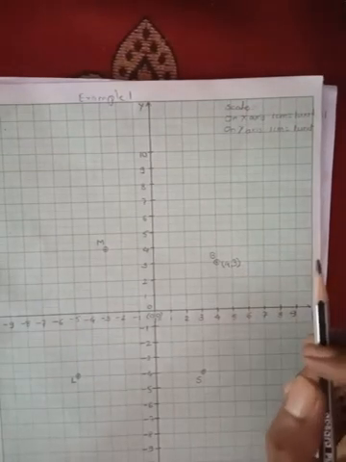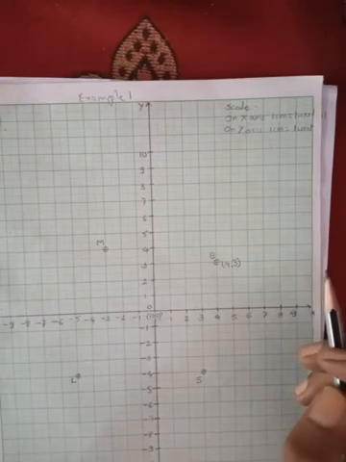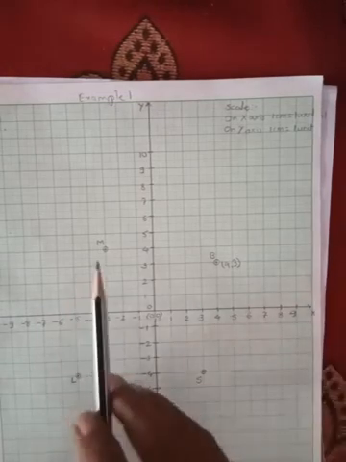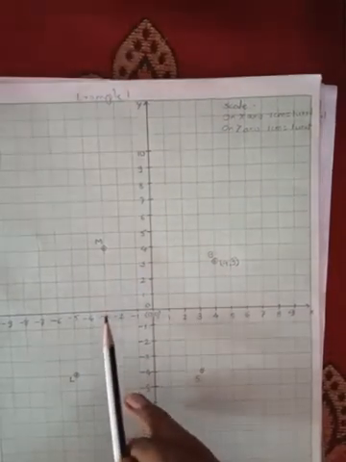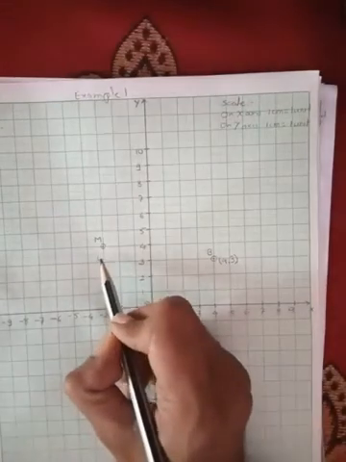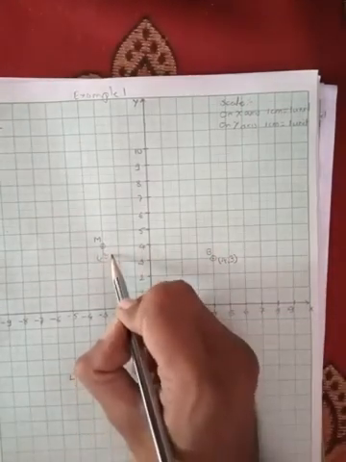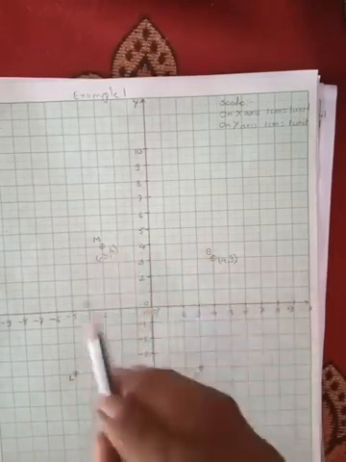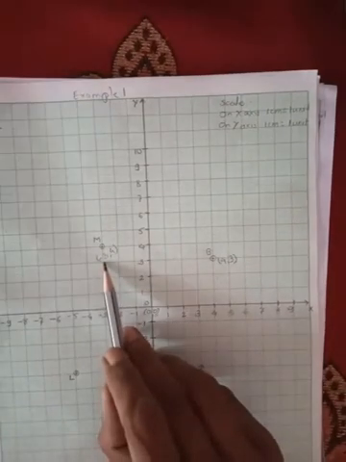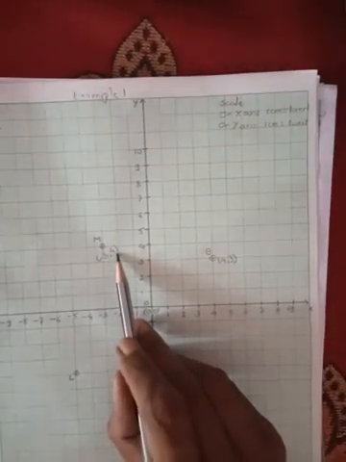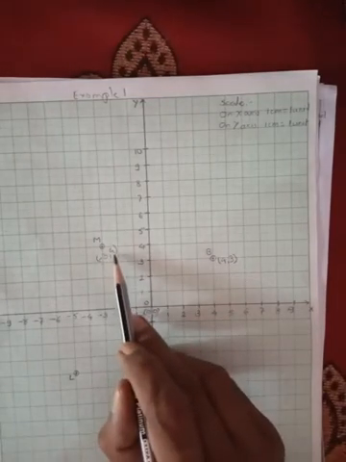Next, fill in the blanks. The next question asked is the x coordinate and y coordinate of point M. This is point M. Please watch, if you draw the perpendicular on the x-axis, you will get the x coordinate as -3. And if you draw the perpendicular on the y-axis, you will get the y coordinate as 4. So the x coordinate and y coordinate of point M are -3 and 4 respectively. Hence, the coordinates of M are -3 and 4.